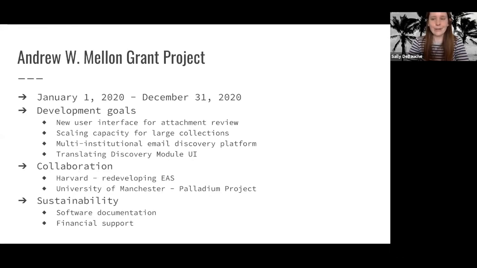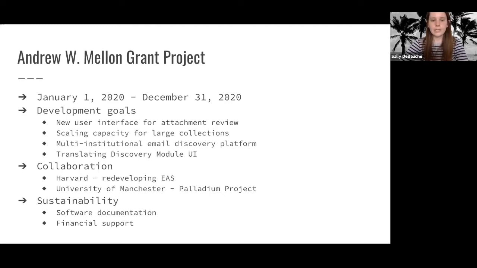And we were very pleased and honored to receive a grant from the Andrew W. Mellon Foundation to pursue our work for this year. So we started in January and we'll wrap up at the end of December. We've identified a few major development goals for this period. So our first task is to redevelop the user interface for reviewing attachments, and that's something that I'll give a quick demo on in a minute.